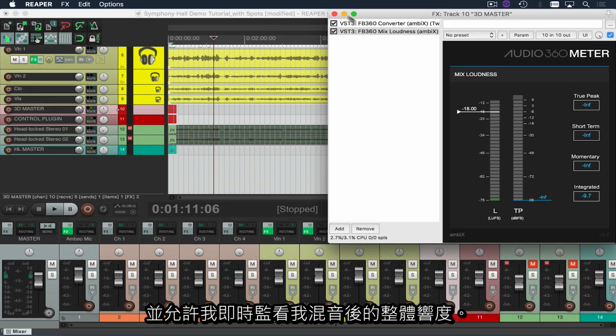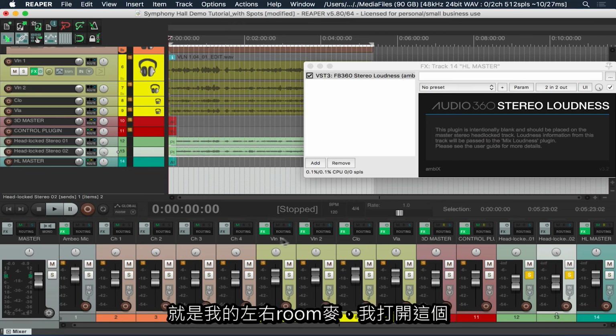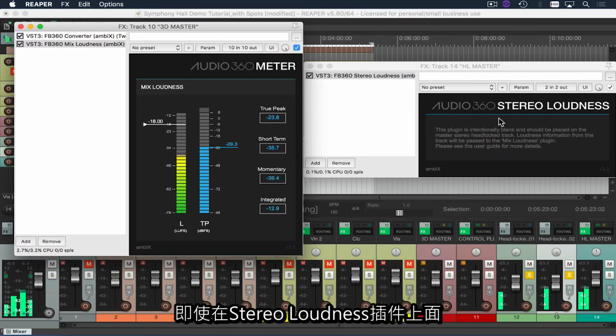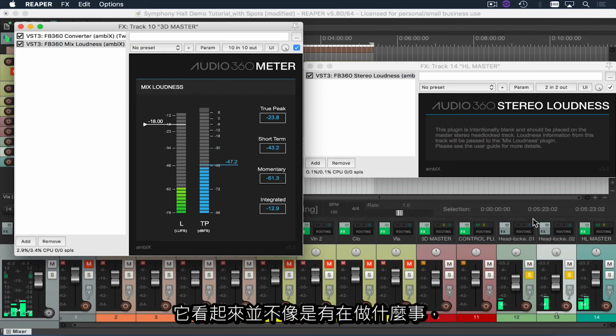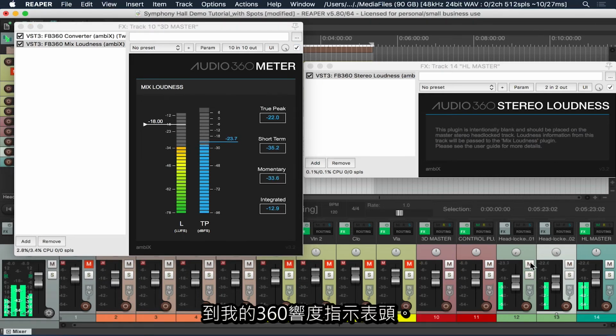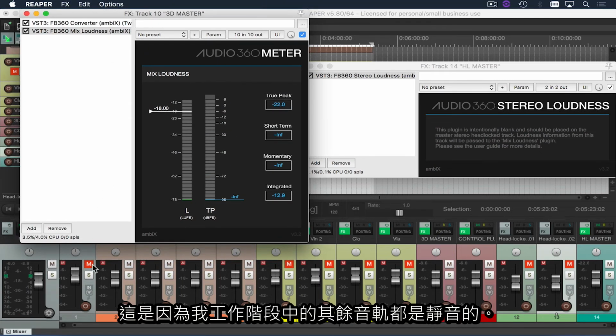to monitor my overall loudness, which means that if I solo my head-locked tracks, which are my left and right room, I will be able to open up my 360 mix loudness meter. And even though on the stereo loudness plugin, it doesn't look like it's doing anything, I can now see that the stereo loudness meter is in fact sending information over to my 360 meter. If I mute those tracks, I should now not see any signal because the rest of the tracks in my